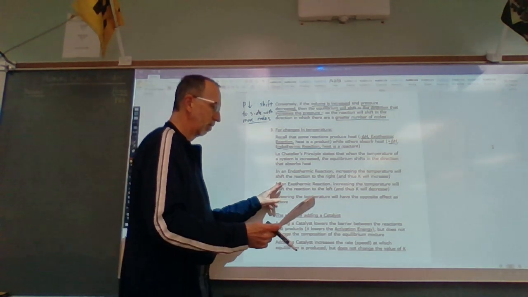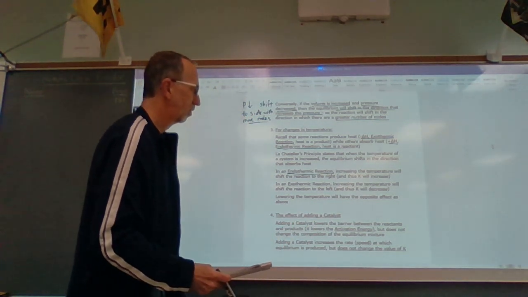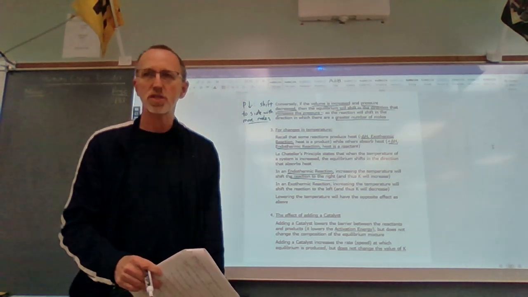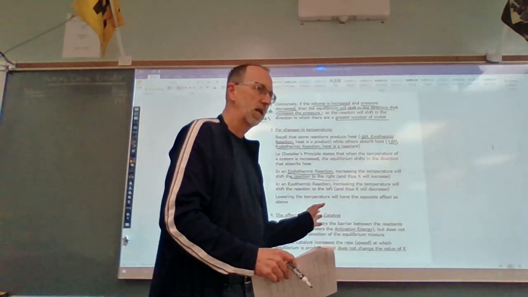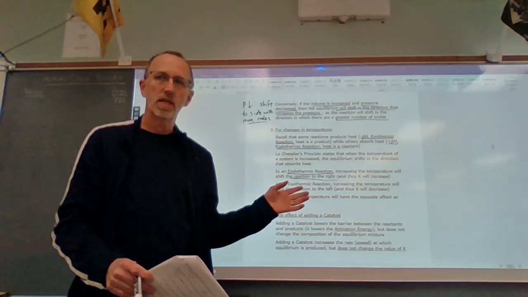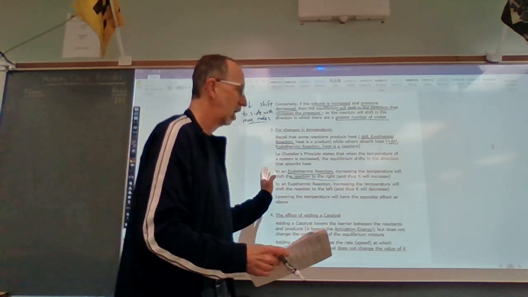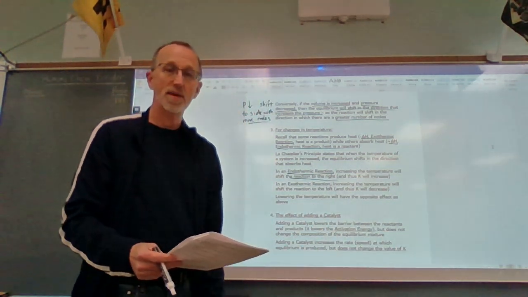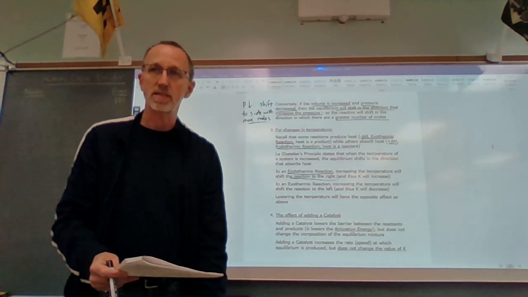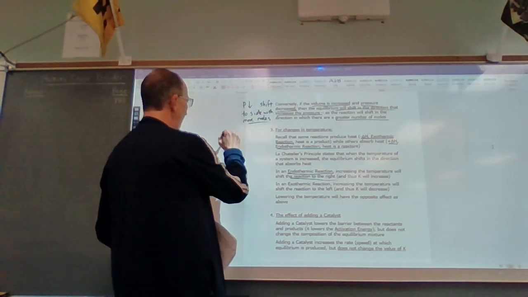In an endothermic reaction, increasing the temp will shift the reaction to the right. So think about that. In an endothermic reaction, the heat is on the left side of the reaction. It's on the reactant side. If we increase the heat, and so now that side of the reaction is too hot, we want to use that heat up. And so it will shift to the other side, because if you shift it to the left, it's just going to produce more reactants and thus more heat as well. So adding heat then,